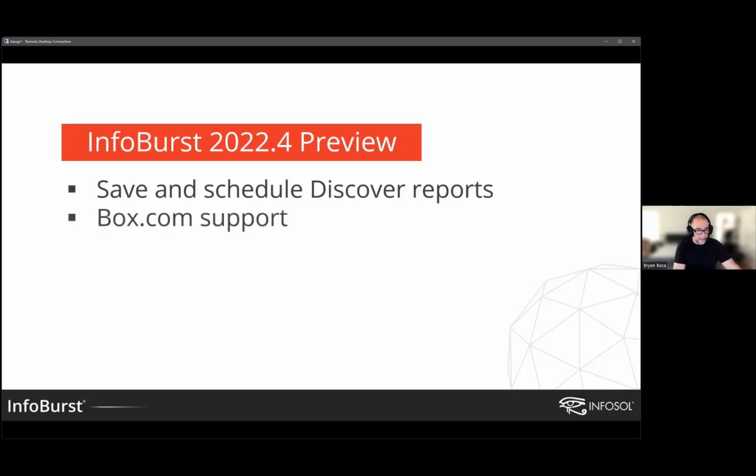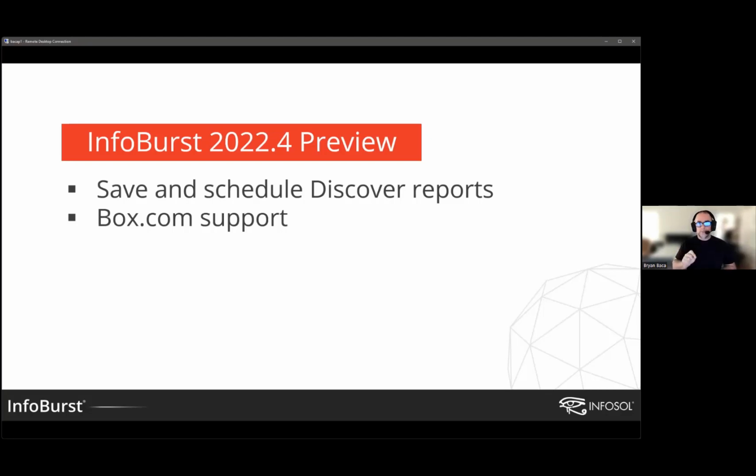2022.4. We have been actively exploring support for cloud drives. We've had more and more requests for support for various cloud drives, and that's kind of part of the problem, is that there are so many of them, Box and Dropbox and OneDrive and AWS, and the list goes on and on. So we're kind of starting with the ones that we've had the most requests for, and then working through that list. So what we can say is that in 2022.4, we will introduce support for